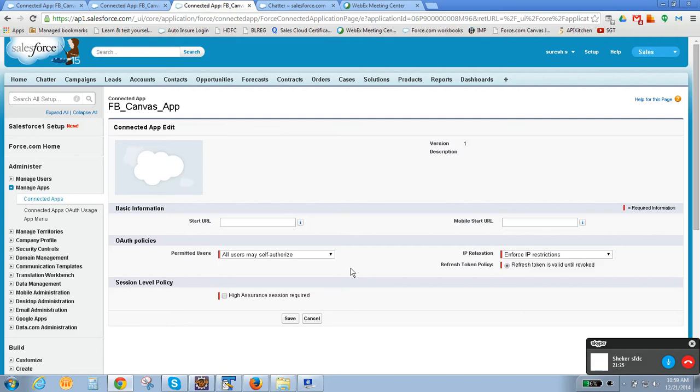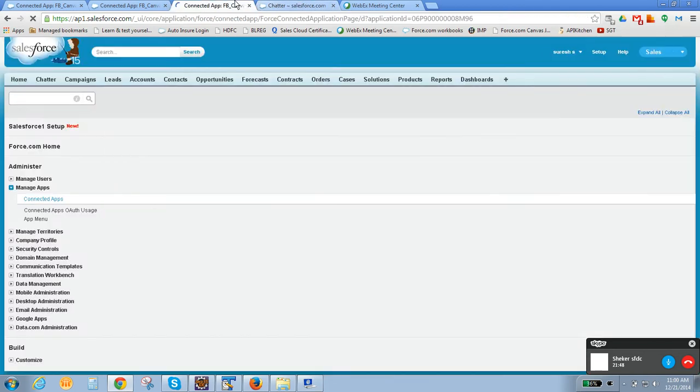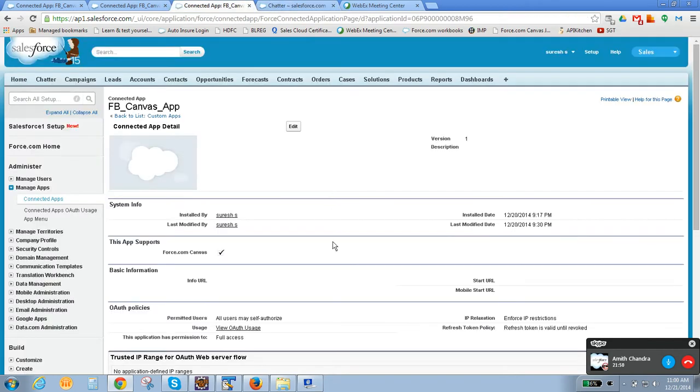If you make it admin approved users, we have to make an authentication. That's how it is going to work. This is about how to open a particular page. Now you have a clear picture, right?